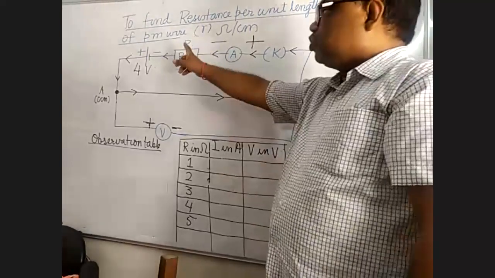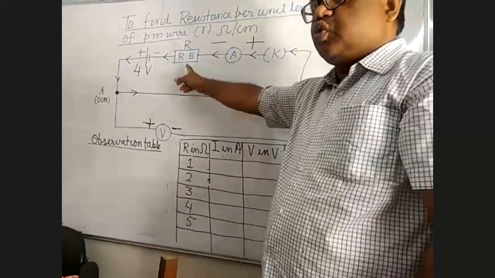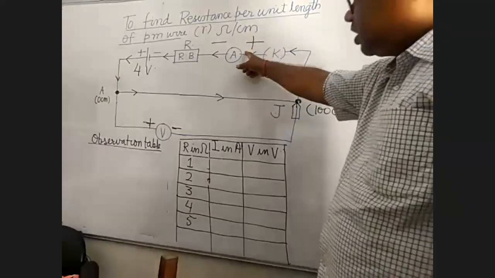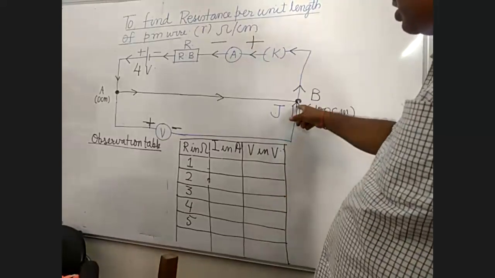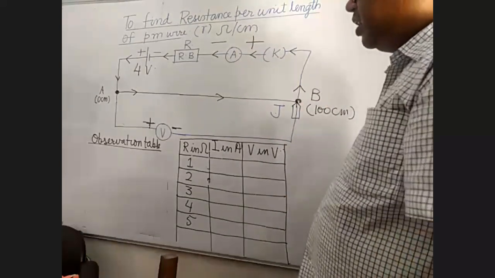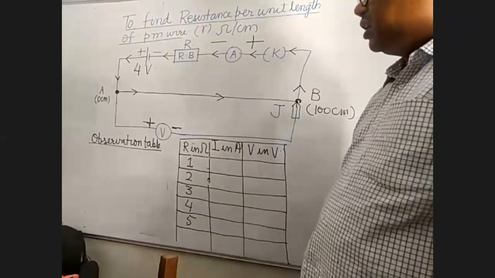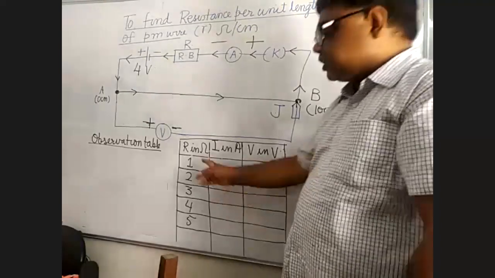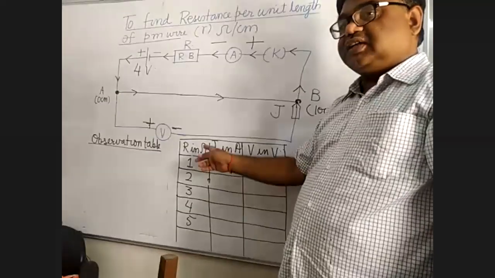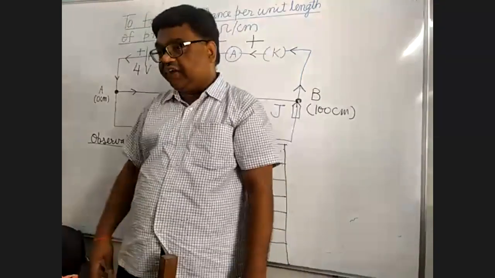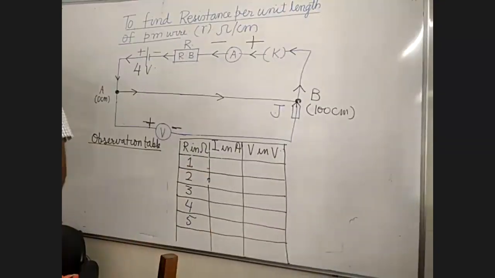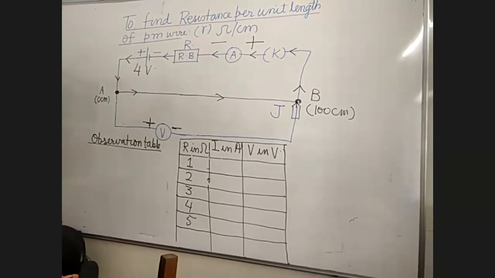After that, you take out 2 ohm from here. You introduce 2 ohm here. Record the ammeter reading from here, and by touching the jockey, record the voltmeter reading. In this way, we can do for these values of capital R. But care should be taken that the rest of the plug keys in the resistance box should be tightly fixed. Otherwise, it will introduce error. There will be some external resistance created due to the error.